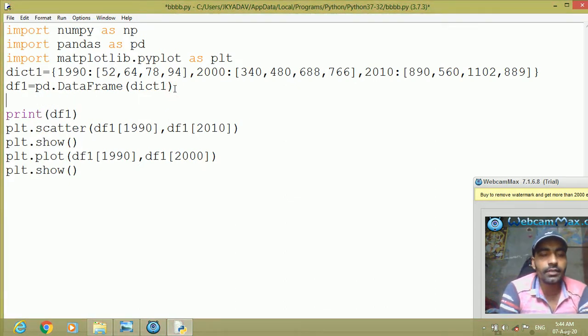Let us write a variable as ABC, whatever you want, or x. Let us write x. x equal to df1 dot index.